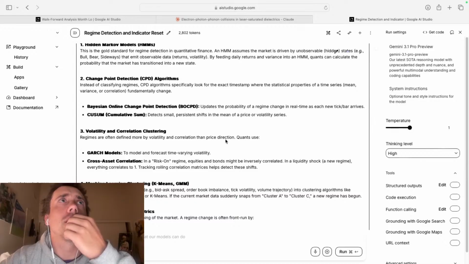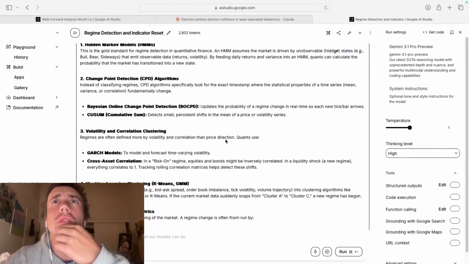Managed backtest, HRP backtest. Okay, so in init, price history, get the opens.